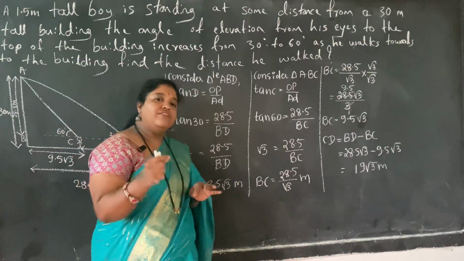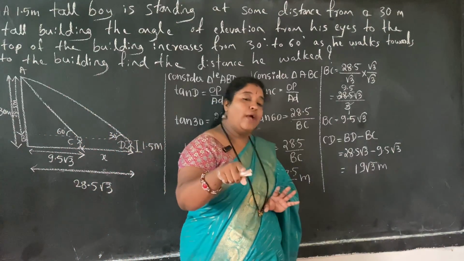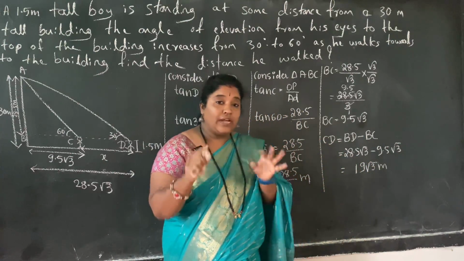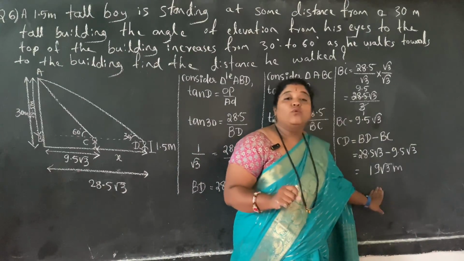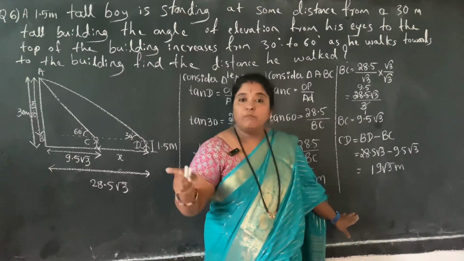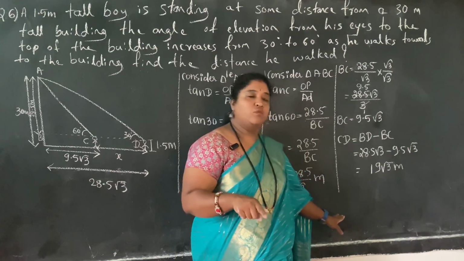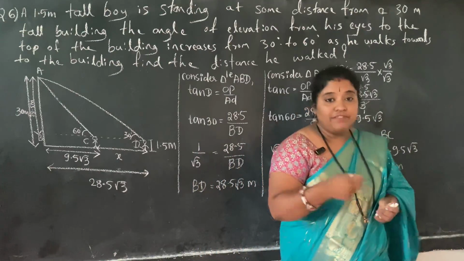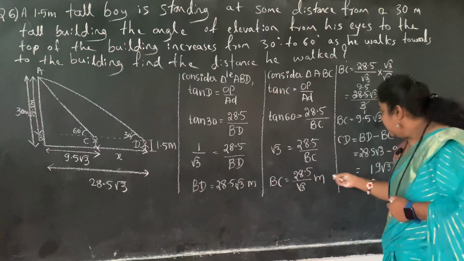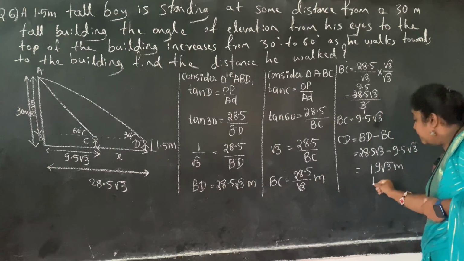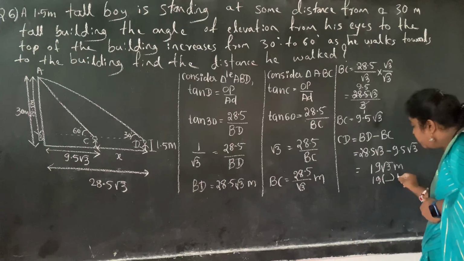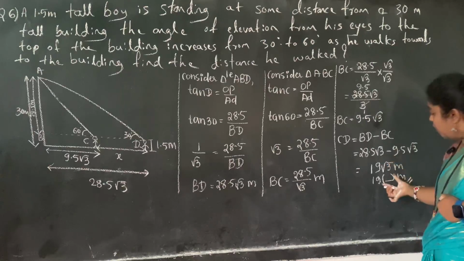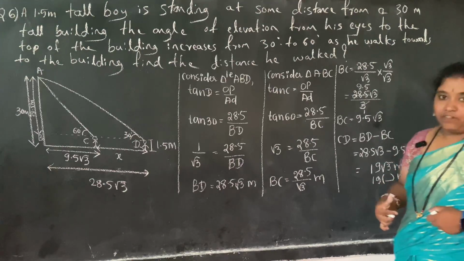If the root 3 value is provided in the question, then you have to put the root 3 value, and very carefully understand the statement. 19 root 3 doesn't mean 19 plus root 3. 19 root 3 means what, dear? 19 into root 3. Suppose the root 3 value is given as 1.73, or 1.7. Then you should multiply 19 with the provided value. If the root 3 value is provided, you have to multiply 19 with that value.